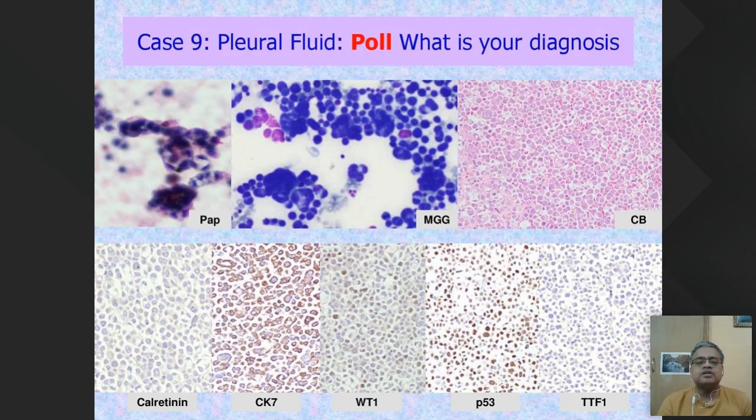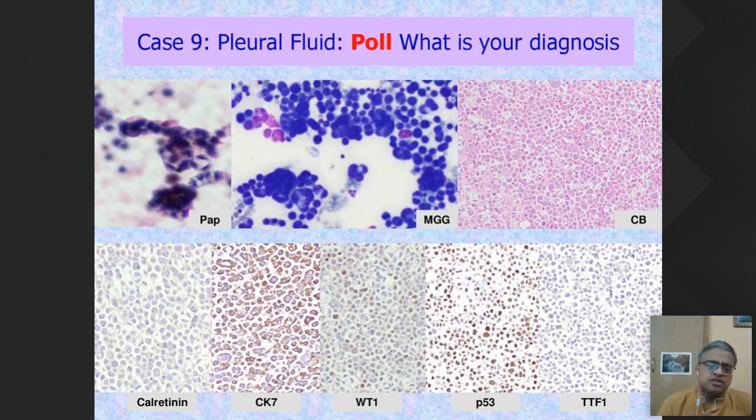But most of the positive markers we would like to see, that is WT1 coming positive strongly in an ovarian adenocarcinoma, TTF1 coming positive strongly, CK7 is positive, so that could still be ovarian or it could be a GI malignancy. So a number of carcinomas continue to remain in the differential diagnosis.